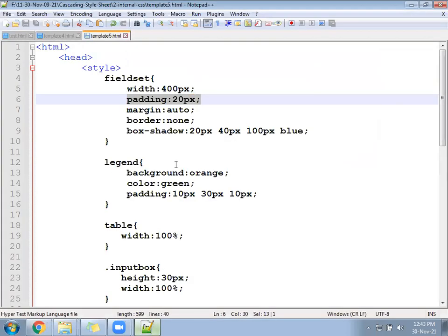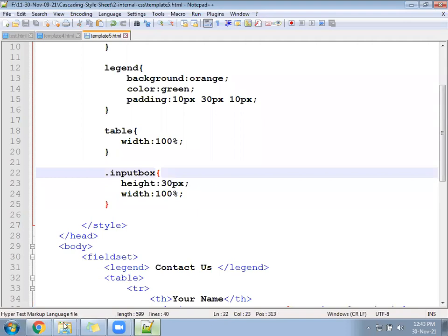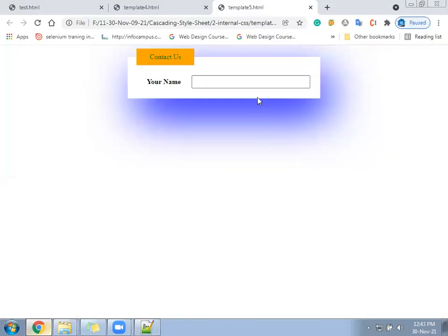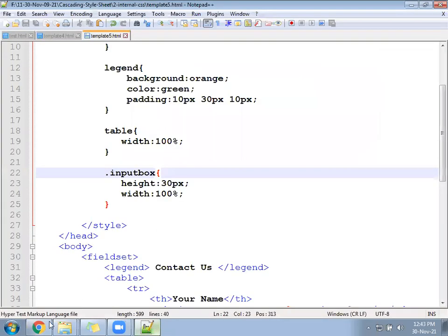After that, when you click inside the text box, you can see a different kind of line appearing. That is not called border. That is not called box shadow. It's called outline. That is a property called outline. Outline is a default that comes from your browser.